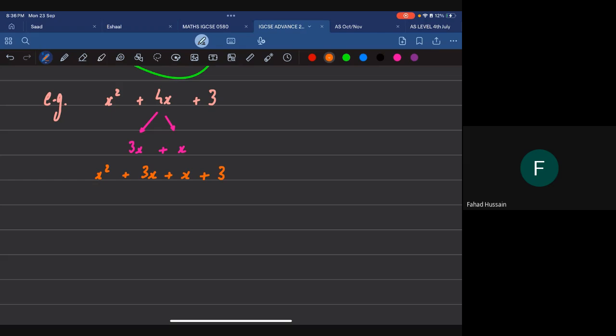Now we can simply factorize. Now, what is simple factorization? Taking out the common term. Now, what is the common term in these two? Yes, x. x is common. I can take x common out. Inside, I'm left with x plus 3. On the other end, there is nothing common. So if there's nothing common, 1 is always common. So I can take out 1 and I will be left with x plus 3.